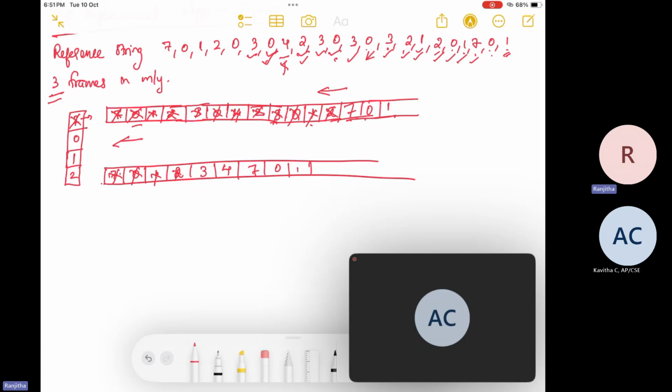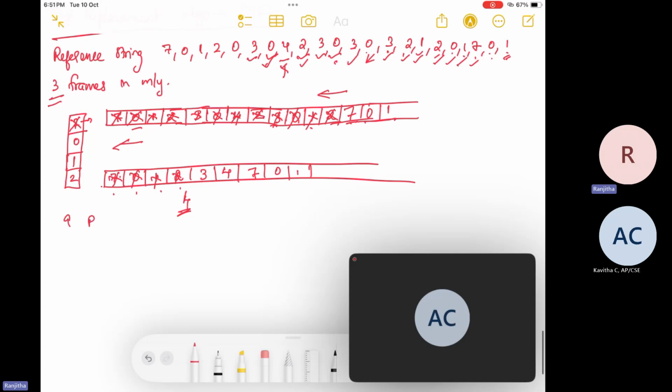So how many replacements did we do here? Initially it was all empty, so those are all page faults only. But let's see the replacements alone here. We made four replacements, but we had a total of 5 plus 4, 9 page faults, because initially when we started